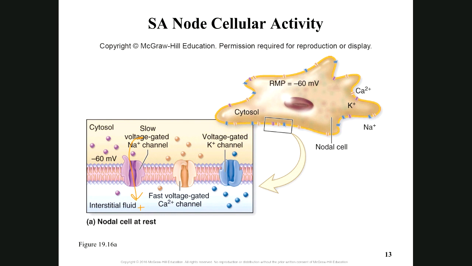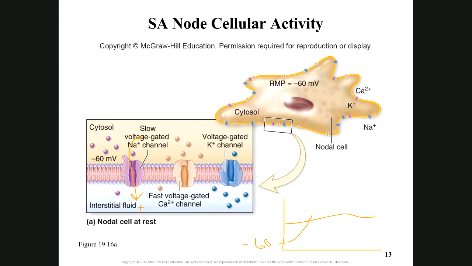When we reach the threshold level, let me draw the graph here for you. Imagine that this is -60 millivolts, and the sodium ion come to our cell, and inside the cell becomes more and more positive. When we reach the threshold level, which is here,